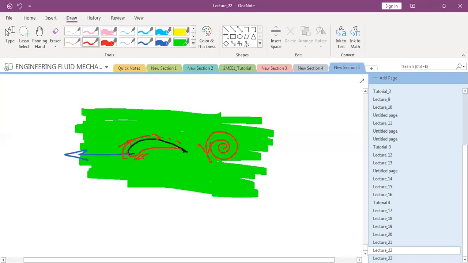which was responsible for the lift of this aerofoil. But when I just stop this aerofoil, what will happen to this bound vortex? Because when I have just stopped this aerofoil, this circulation has stopped and the aerofoil has come down, which was earlier lifted a little bit. So what will happen to this bound vortex?